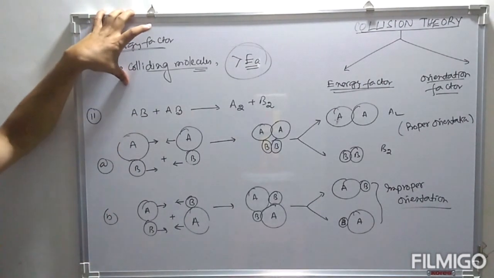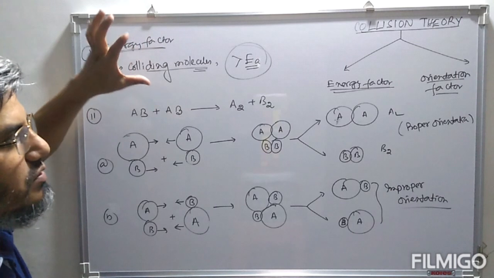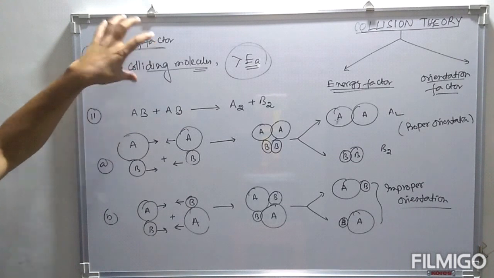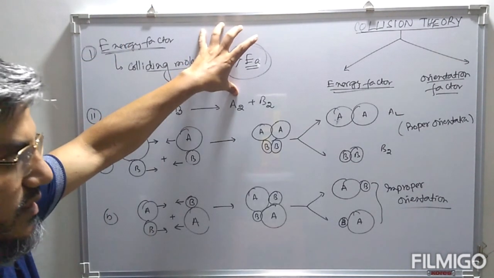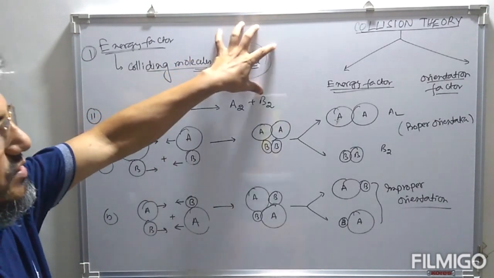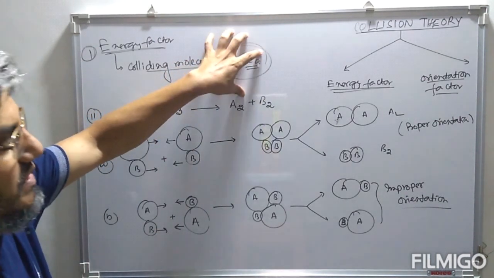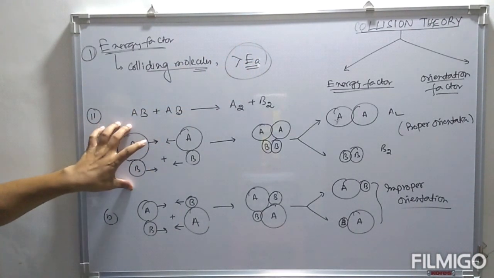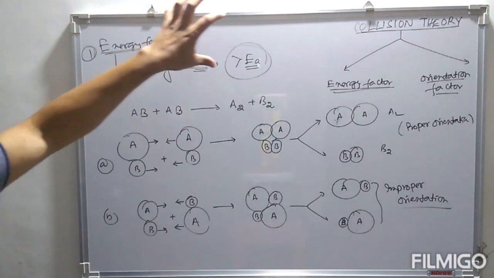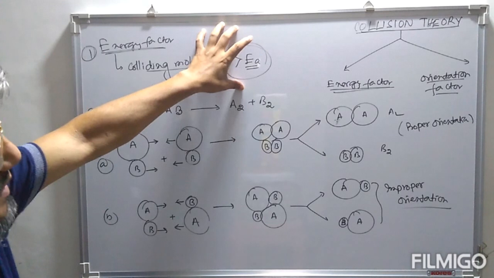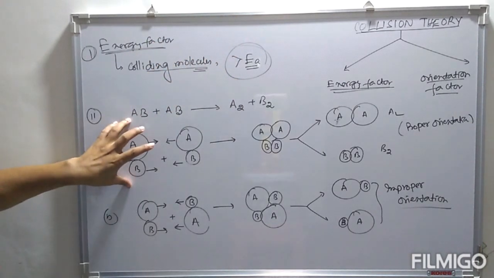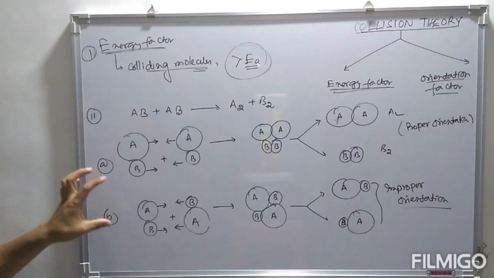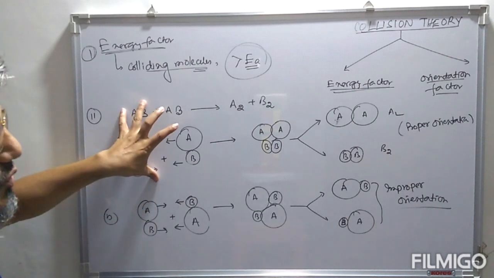So simply satisfying energy criteria is not sufficient for these molecules to undergo chemical process leading to the product formation. Along with this energy criteria, means our molecule has to possess energy greater than this minimum energy known as activation energy. Along with this, the orientation of the molecules undergoing collision should be proper. If the orientation factor is not satisfied, then those colliding molecules will not lead to the product formation. So orientation should be proper.